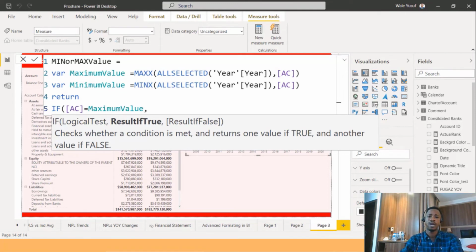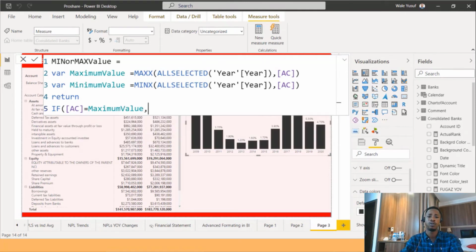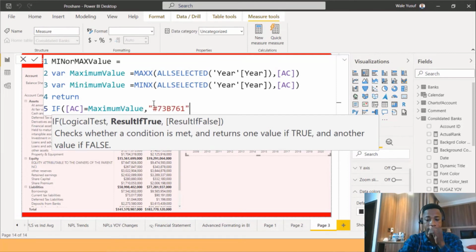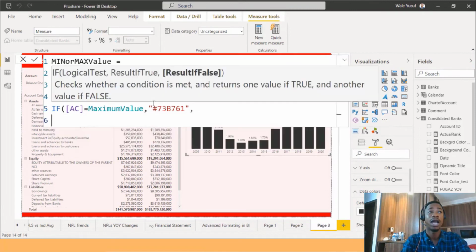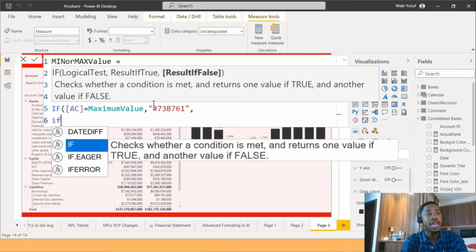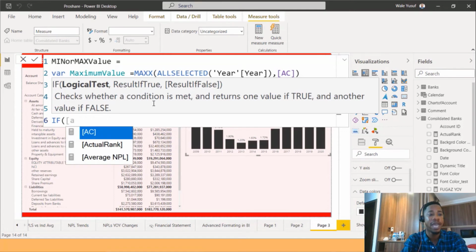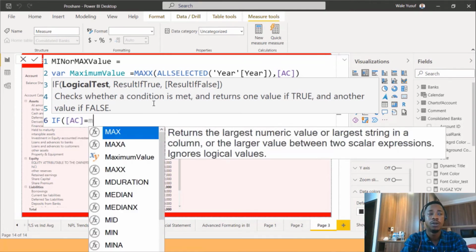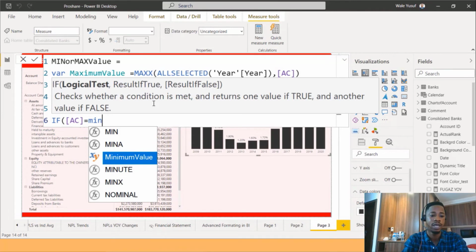Green, actually. But I think it's better I just pick the color code for green, which is faster. You can add different color codes if you want to. So I just pasted the color code for green. Then I'll put a comma. Now, the result if false. If this is false, then I want to do another condition. This time, if my actual, which is my AC, is equal to minimum, which is my variable,